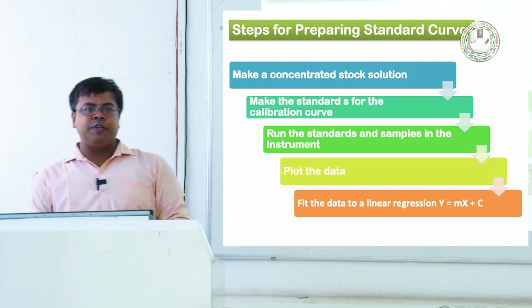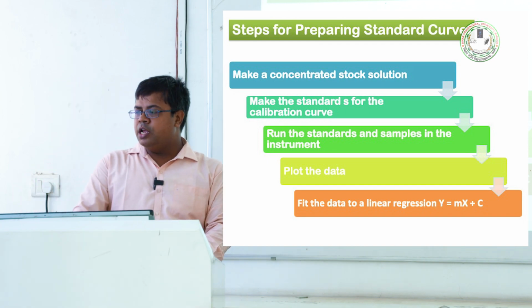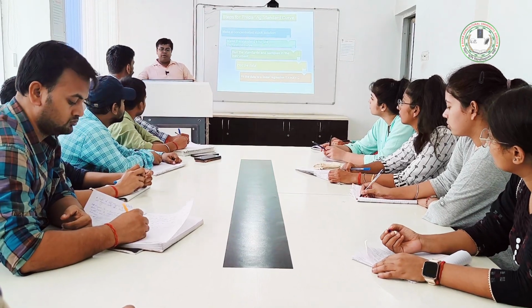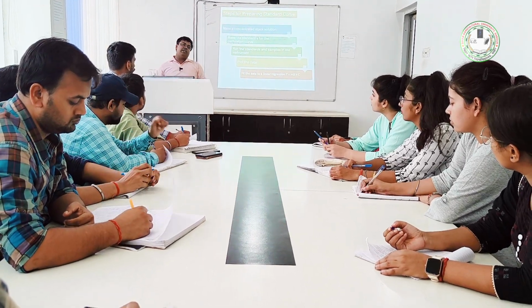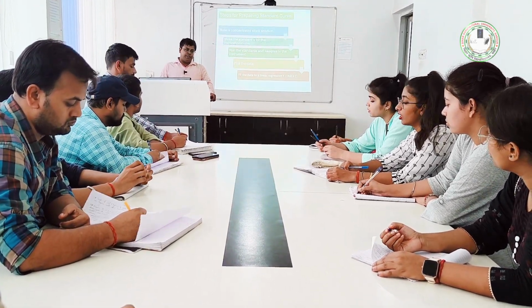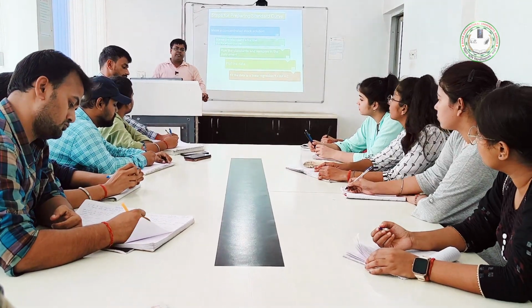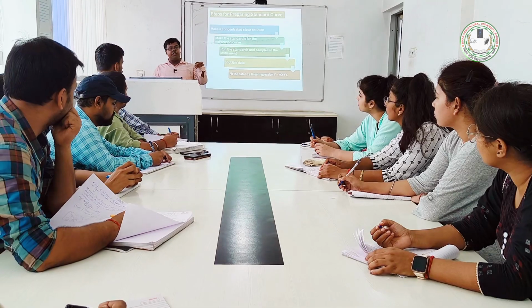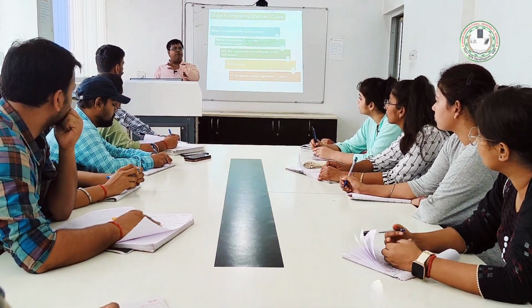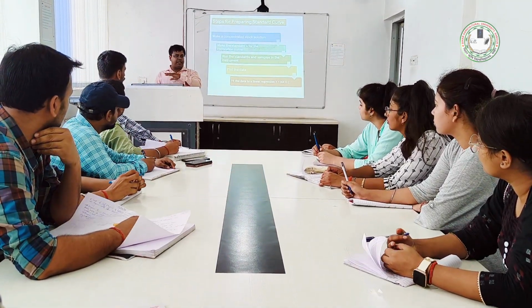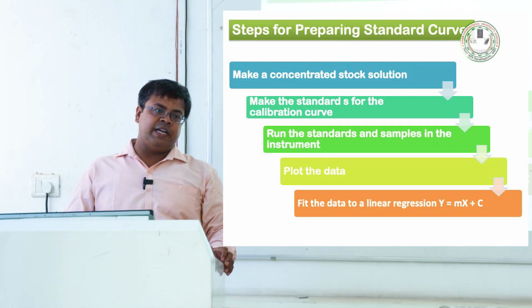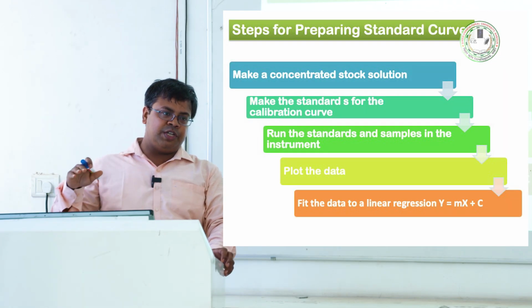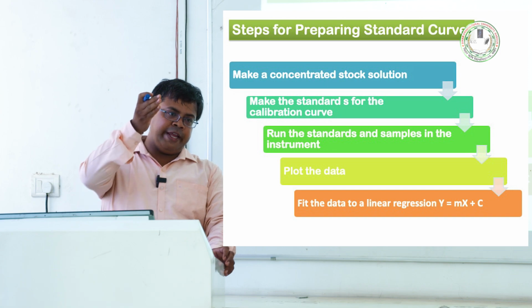Okay. Now, once we prepare the standard solution, I have told you one formula, that is V1S1 is equal to V2S2. Okay. Now, why is it required? Because from the standard, we have to prepare a series of solutions of lower, different concentrations, because for preparing a standard curve, we require a series of concentrations and their corresponding